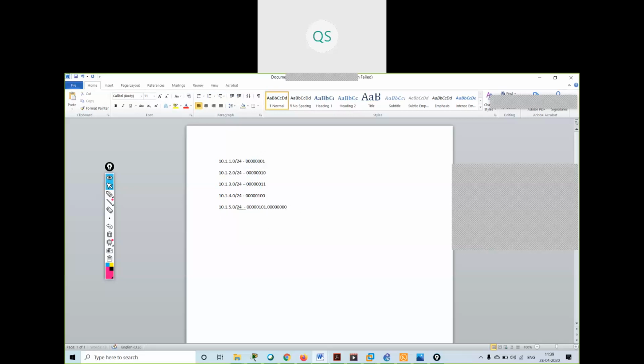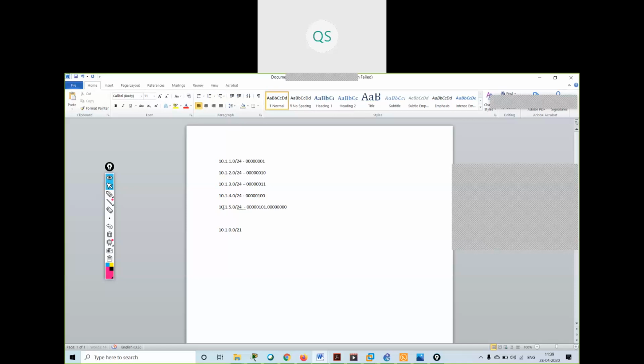My summary address will be 10.1.0.0, slash how much? Slash 21. Correct. Why 21?